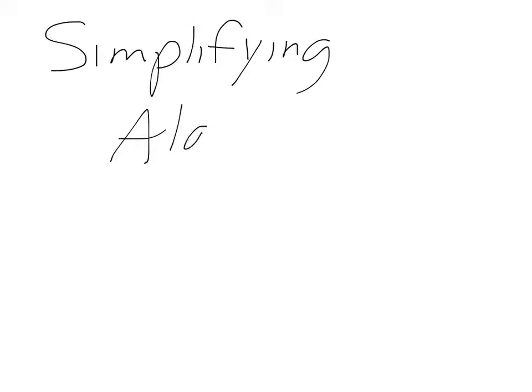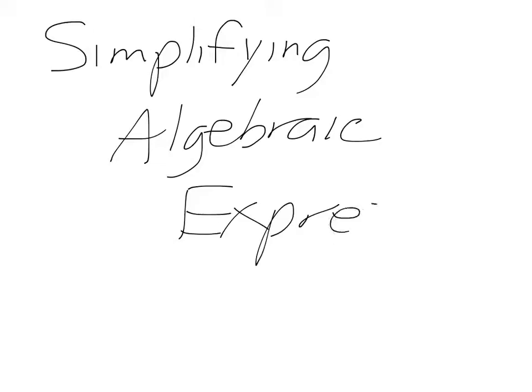Okay, so we are talking about simplifying algebraic expressions. When we're talking about this, we're looking at different types of, basically, an expression. And an expression, if you remember, is a list of algebraic symbols that are broken into parts